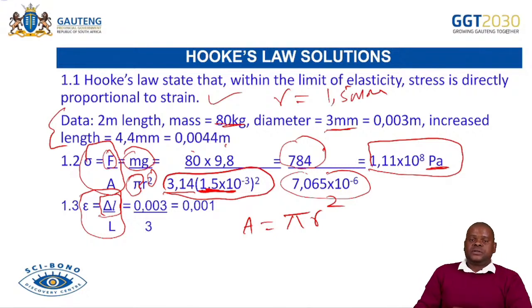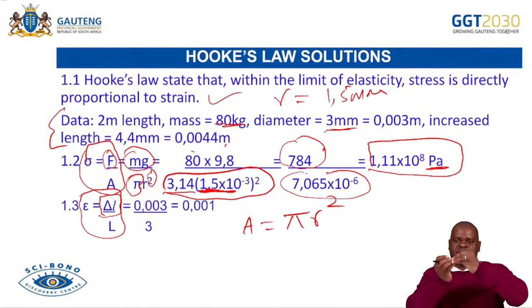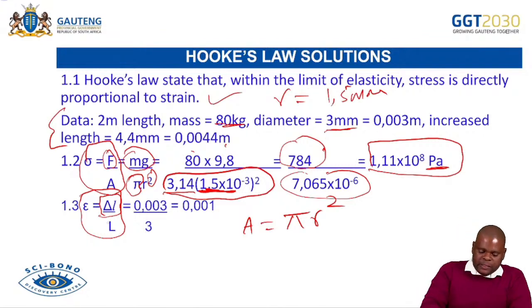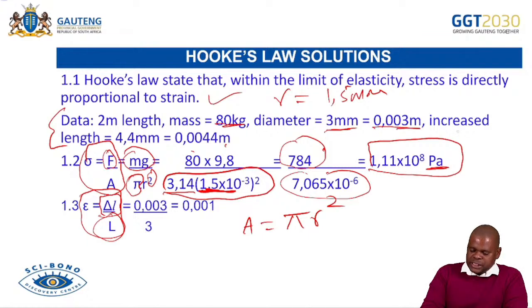Are we together? The length that the rope or the wire has stretched with, and then this is the original length of the wire. Here you can see we say 0.03. It's stretched by what? Sorry, this is a mistake. It's supposed to be